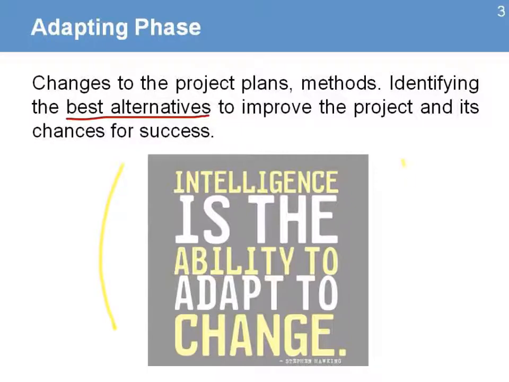It says, "Intelligence is the ability to adapt to change." And that is the main purpose of this phase, that we need to have the ability to change and modify our plans to reflect the new conditions that are going to be happening as we make progress. So the intelligence that we bring in to the project is reflected in our ability to adapt to those